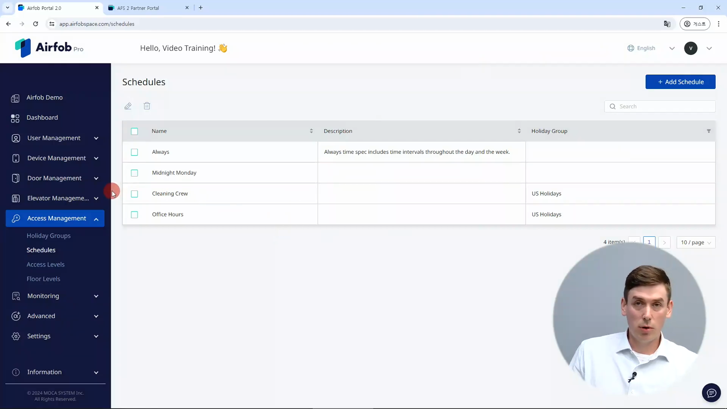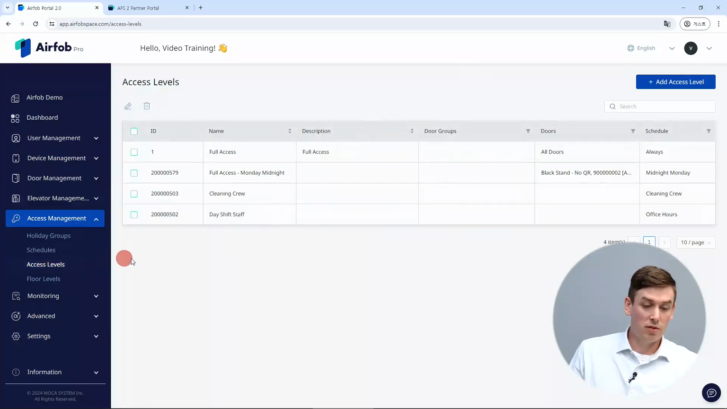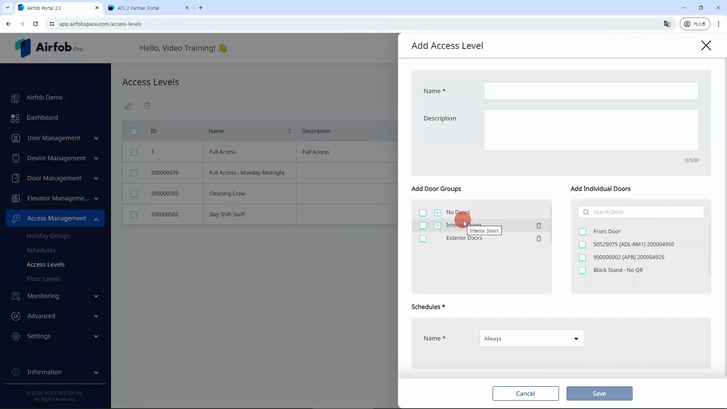After you have set up your holiday group and schedule, you can now set up your access level. You can think of access levels as specific categories that will help you link existing door groups or individual doors to your schedules. To create a new access level, just click on Add Access Level, enter a name and a description, choose the different door groups that you want to allocate, individual doors as well, and a specific schedule, and